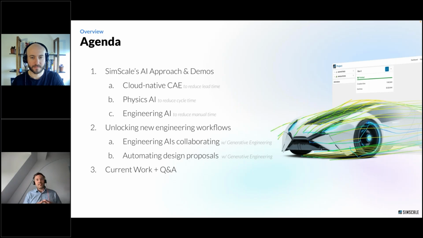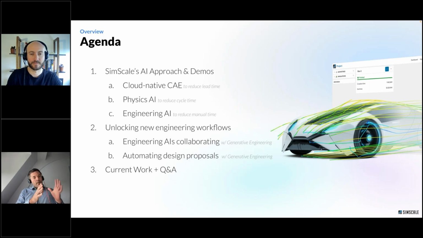But the rate of progress we've been seeing over the last 2 years, 1.5 years, is also mind-blowing to us. And we're really every month at this point excited about the progress that's happening in the AI world at large, but then also how we can leverage it, and specifically because SimScale customers and SimScale users have been generating data in a way that's already accessible to AI. Also, how SimScale customers can leverage it,